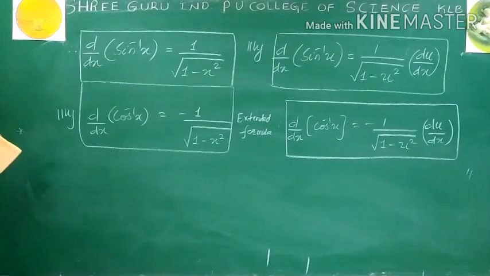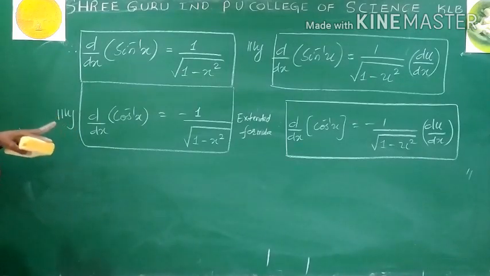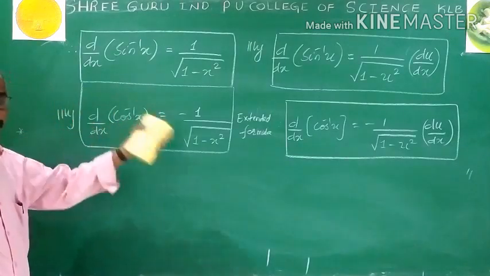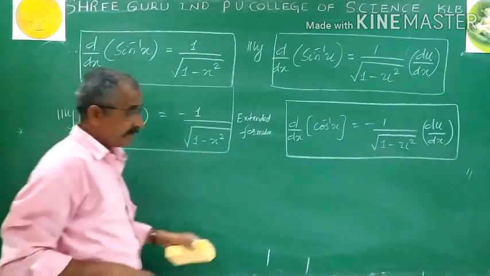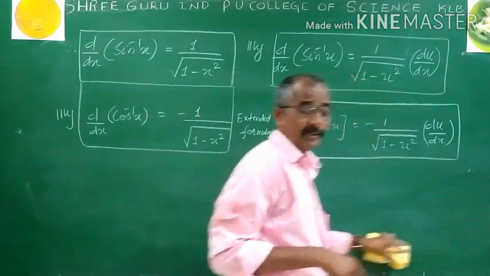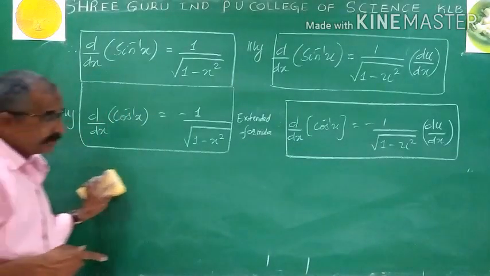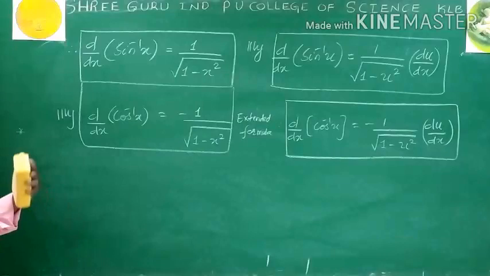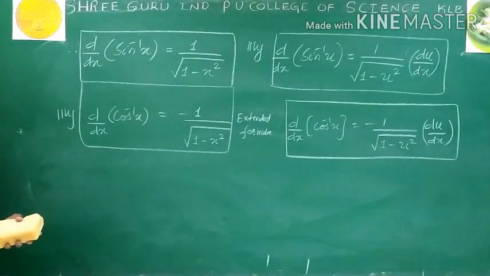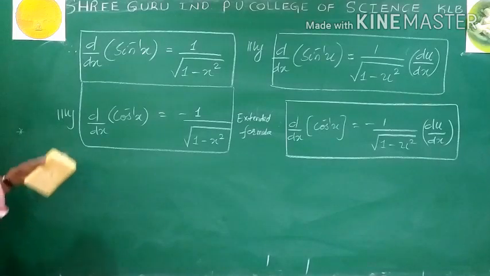So I derived sin inverse x, and I left it for your work to get the differentiation of cos inverse x. In exactly the same manner, you start from let y equal to cos inverse x, which implies x equal to cos y. Further step, differentiate with respect to x. 1 equals, what we get, minus sin y into dy by dx. So dy by dx becomes minus 1 by sin y. Sin y can be written as root of 1 minus cos square y, but cos y is x. Finally, your answer becomes minus 1 by root of 1 minus x square. Let's derive the differentiation of tan inverse of x.